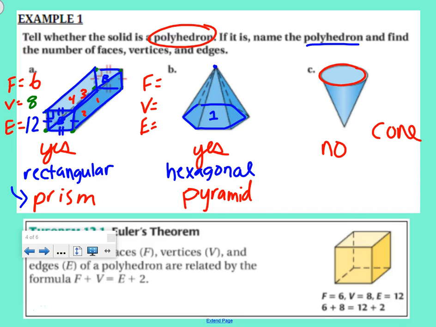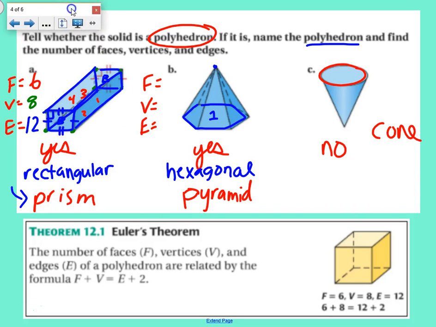So that's where we come into this theorem called Euler's theorem, I think is how you properly pronounce his name, but I like to say Euler's. The number of faces, vertices, and edges of a polyhedron are related by the formula F plus V equals E